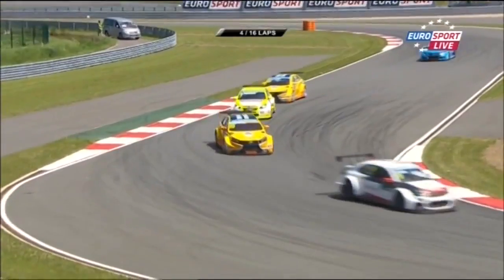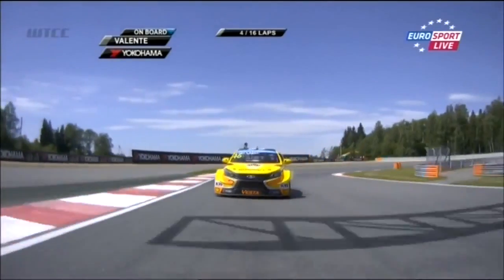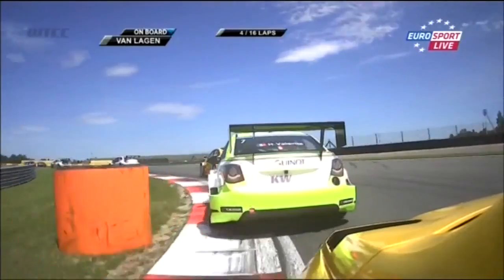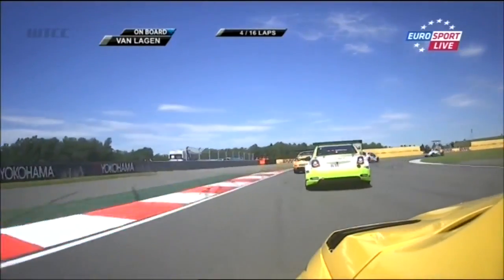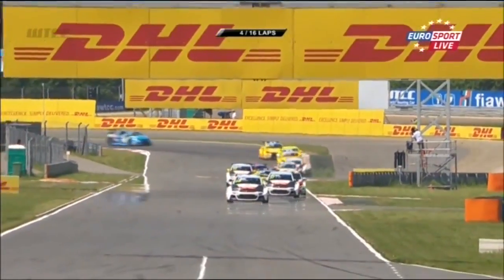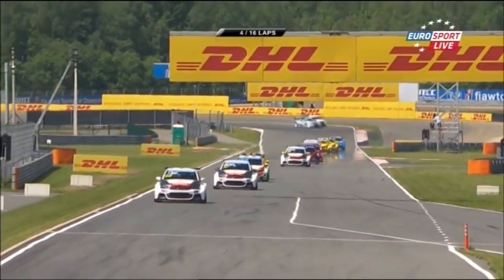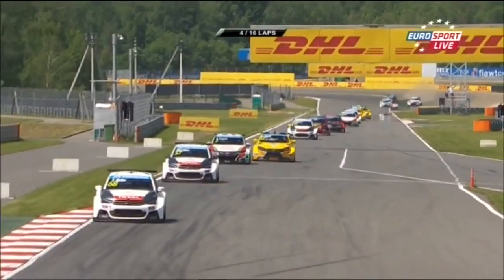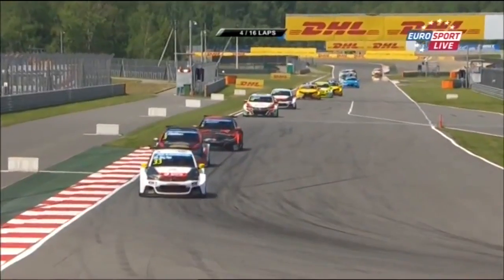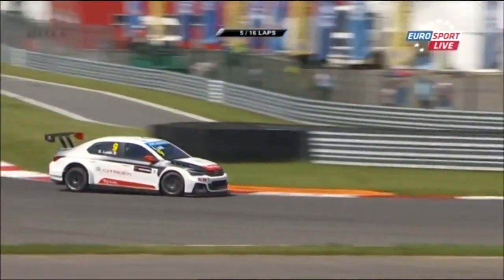Lead quartet are pulling away from Ma Qing Ha, but Ma fastest in the second sector at the moment. On board with Jaap Van Lagen behind Hugo Vallon, so that's the battle for 11th. Muller is now starting to make a little ground between himself and Jose Maria Lopez. Lopez similarly just a little in front of Tarquini. No space at all between Tarquini and Huff. If Huff is going to take a place, then this will be the race that he wants to do it in. And Lopez, despite this